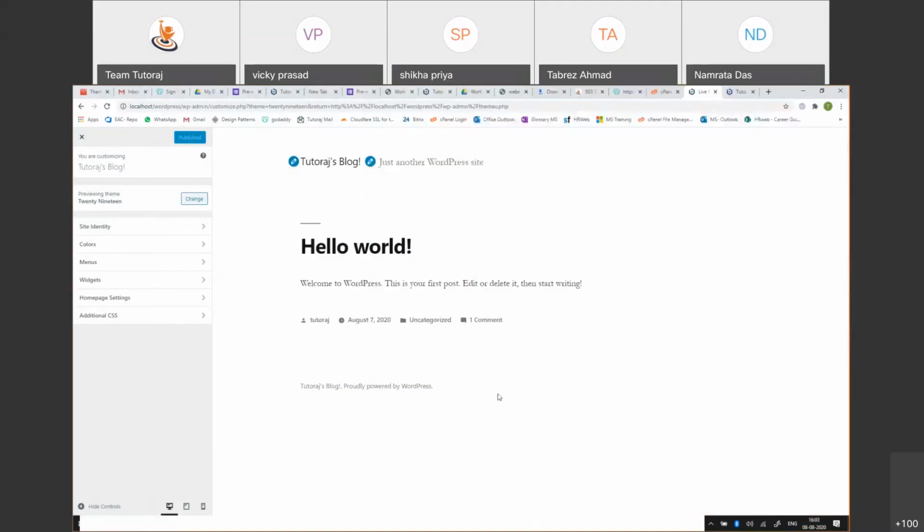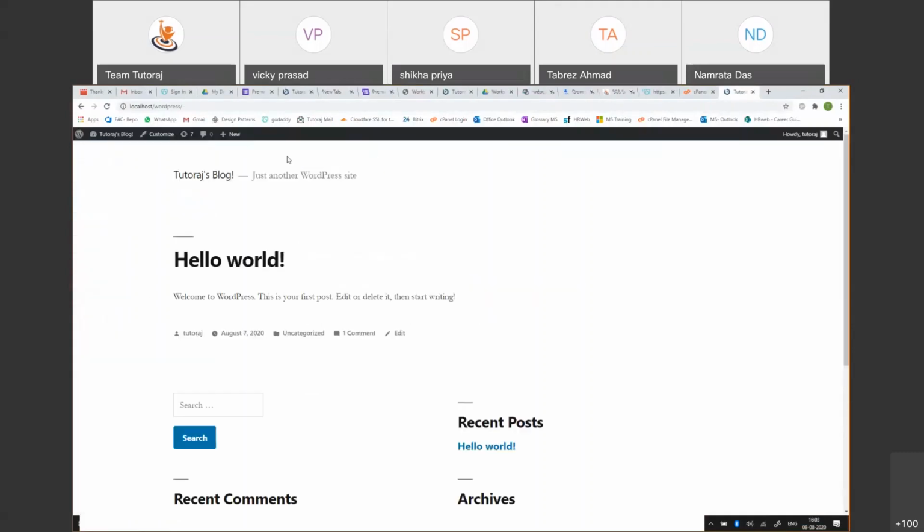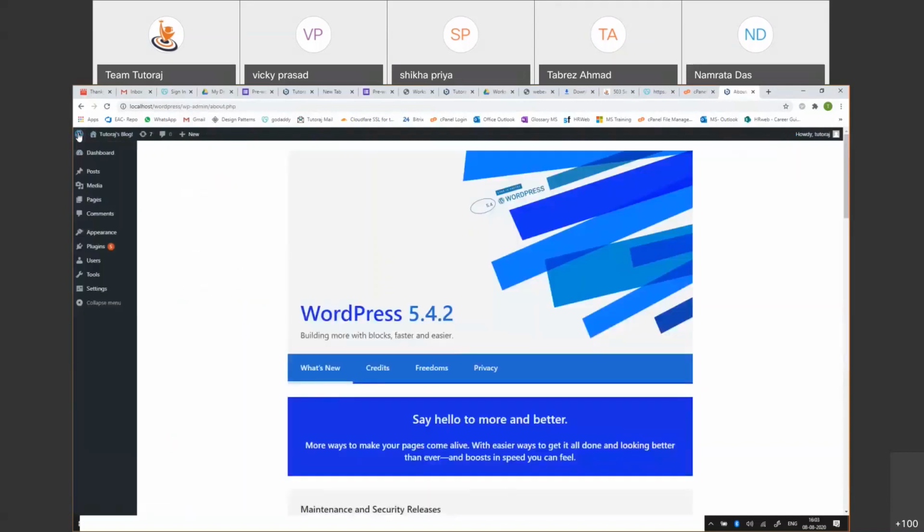Now you will all be in this page, right? Close this page. Okay. Go to localhost/WordPress. This link is already there in the chat. Go to that page. Okay. In the top left, if you had logged in, okay, ensure that you have already logged in. If you have logged in, it should say howdy, your username. If you're in this page, in the top left, you will have W, which stands for WordPress. Click on that. It will take you to the admin dashboard again. Okay. Give 5 seconds for you guys to come here. Basically, it will be like this page.